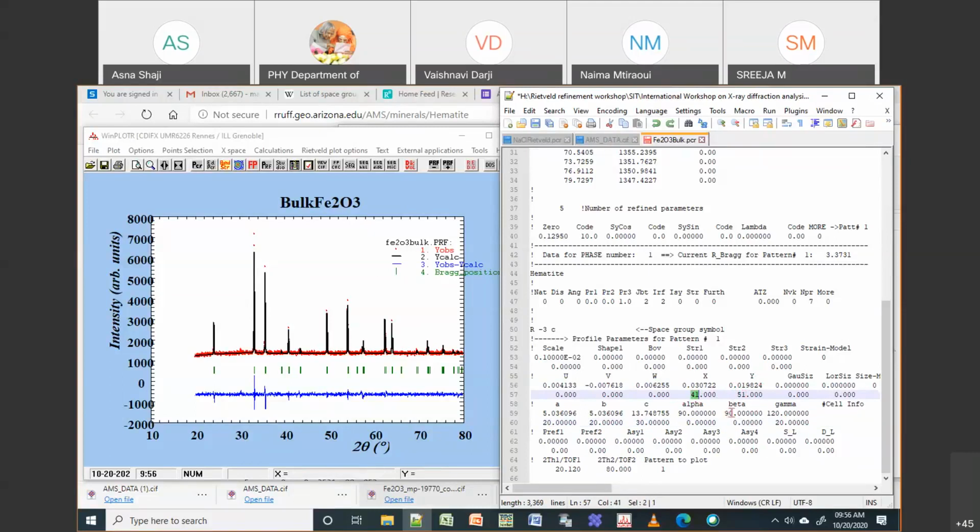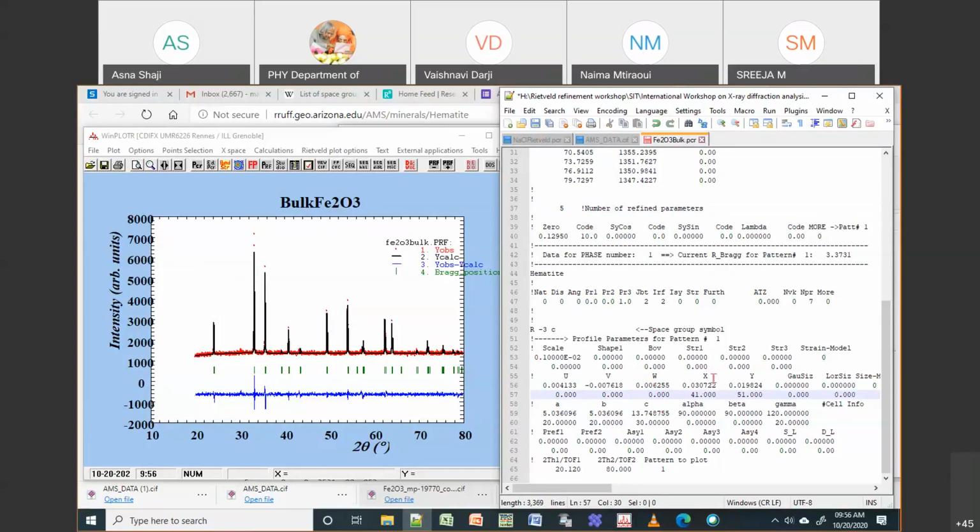If I now want to change w, what I need to give is the next number. How to see what the next number is? The easier way is to go here, number of refined parameters. Right now 5 parameters are refined. So if I want to do the next one, I need to know this is 6. If I give w equal to 61, then this will be the next parameter which is going to change when the program is run.